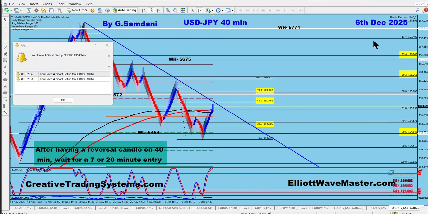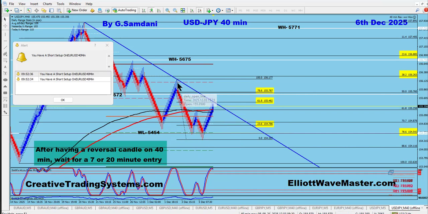That's where my alarms start beeping. That is a heads up that a turn may be coming. So what I look for is a 7-minute chart entry, which usually comes right around here. And then I take this straight. Similarly, when I have an extension, already 127 hit, I expect that it might be bouncing and going back up